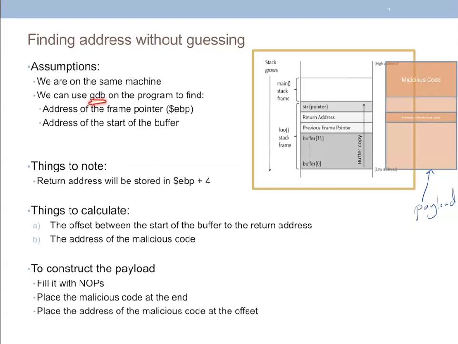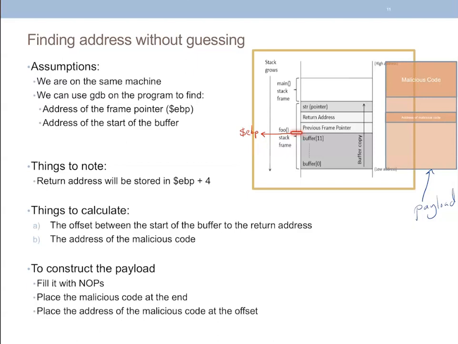The reason that we're going to use the debugger is that we can run the program and put a breakpoint inside of our function. In this example, my function is foo, so I put a breakpoint inside of there. Then at that breakpoint we can get two addresses that are going to be very helpful, okay? One of them is our EBP, or our frame pointer. We can ask the debugger to give us the address of the frame pointer register. So remember from the last video, the frame pointer